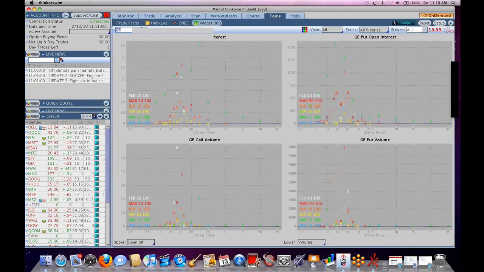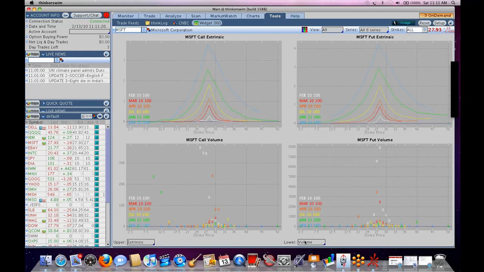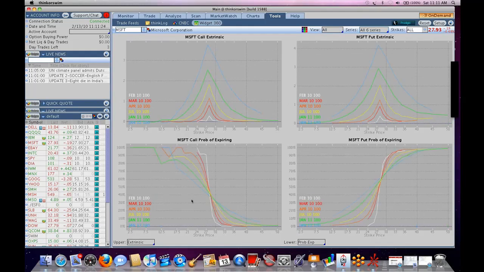So I can go MSFT. All right. But what you're seeing now is the open interest for Microsoft, not the volatility. Let's go back and change the, where do I change it? The volatility. Well, let's do extrinsic value. Let's do probability of expiring. Okay. So what I can do now is graph not only implied volatility, but any of this data that I'm